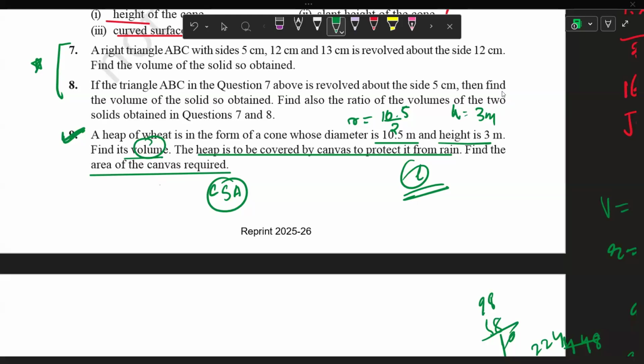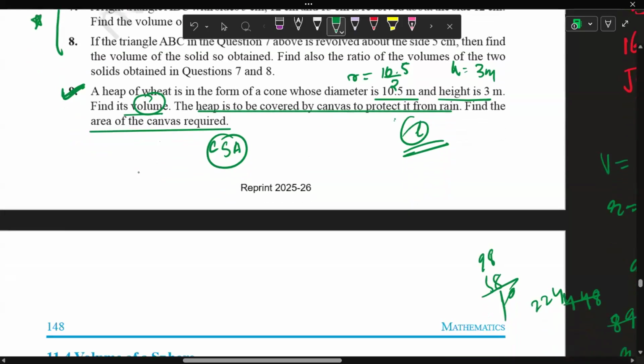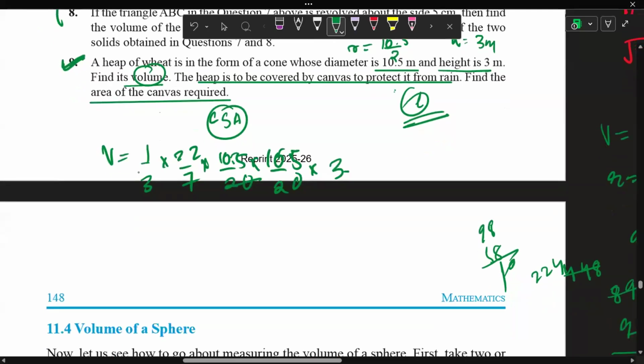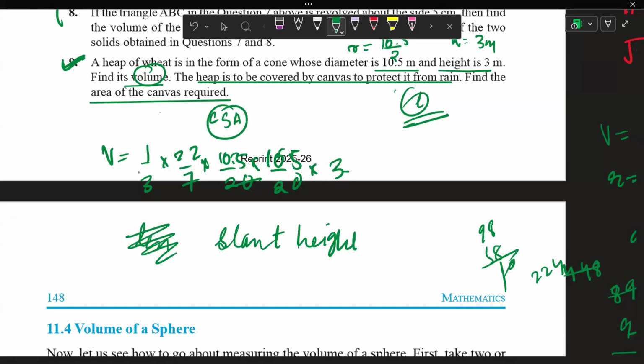Yes, children, are you done? Have you completed the question? Okay, look on the screen. I'll discuss the answer. First of all, volume, how will you find? 1 by 3 pi r square h. So this becomes 105 by 20. So you cancel this and find the volume. Then, children, you will find the length, the slant height, L, and then